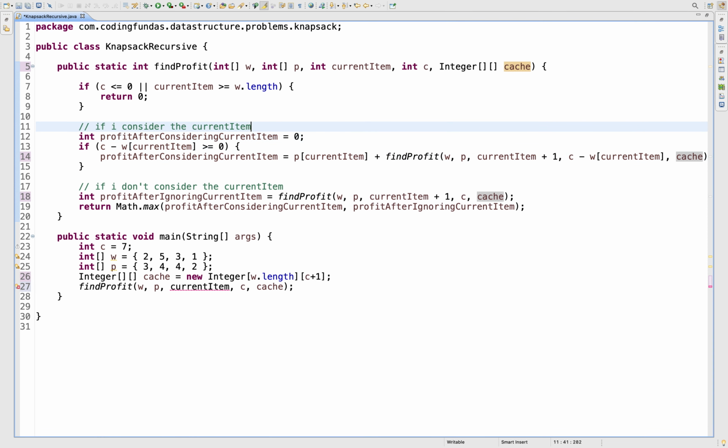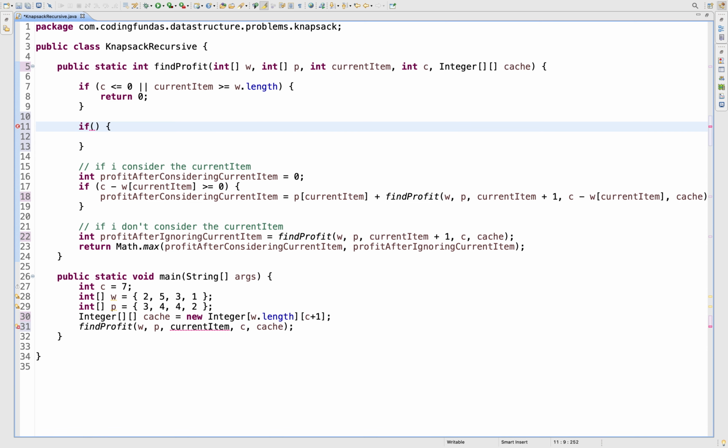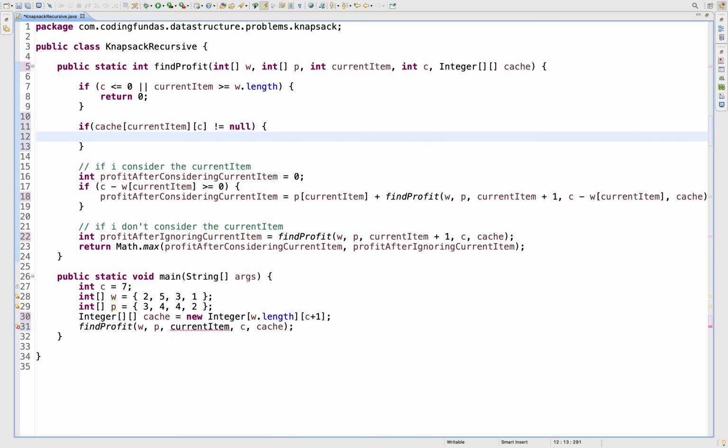Looks good. And here we will check if there is a value in this cache for the current index and capacity. If this is not equal to null, then we will return this value, the same value. And here also, after calculating the max, we will store it in the cache itself.